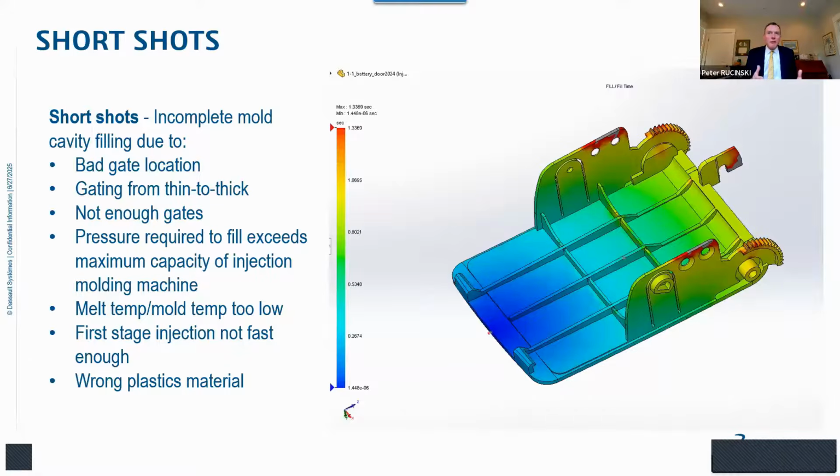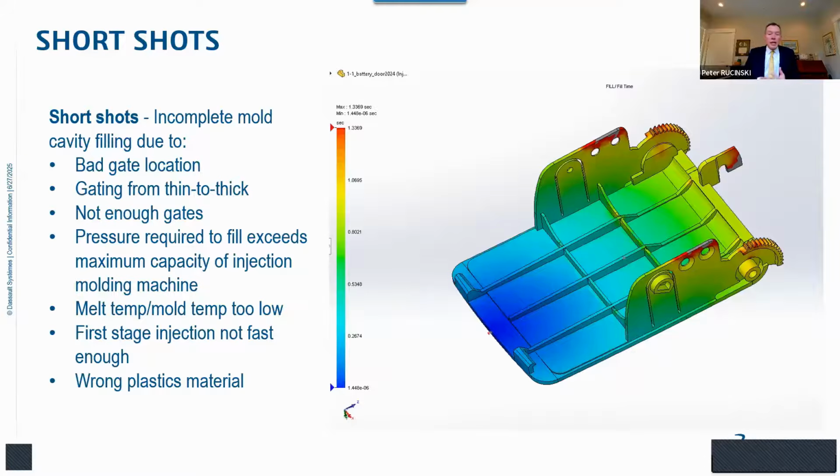Short shots. If you think about these molds, pretty much every mold that you have, you always want to fill and pack it to 100% of its volumetric capacity. Sometimes that doesn't happen. Sometimes the mold, no matter what you do with the injection molding machine, can only be filled to 95% of its volumetric capacity, or 90%, or 85%, or something less than that. The thing is, if we're not using simulation, we don't always know what the cause is. And that's because there are multiple causes of short shots. Could be simply a bad gate location.